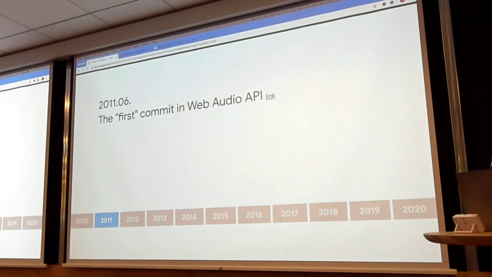But here's an interesting bit. In 2011, that's when the actual spec discussion started. So we landed the implementation in the browser first, then we started the spec discussion. Isn't that a bit weird? So I actually went back and dug through the mailing list in the audio working group. It dates back to March 2011. So the official working draft of the spec was published in 2011. Yeah, it's kind of weird.